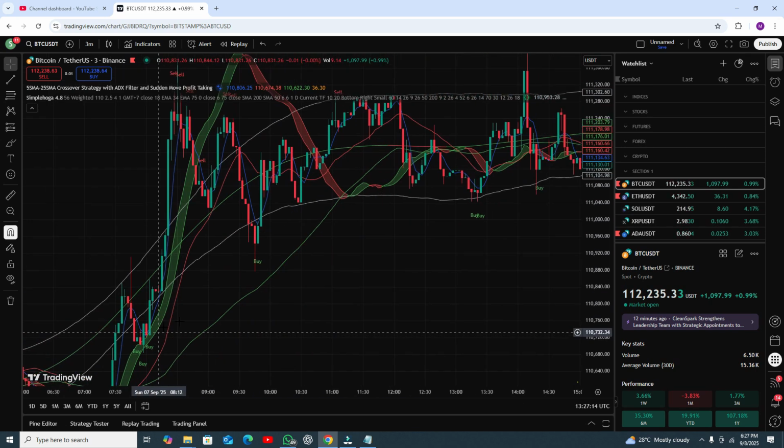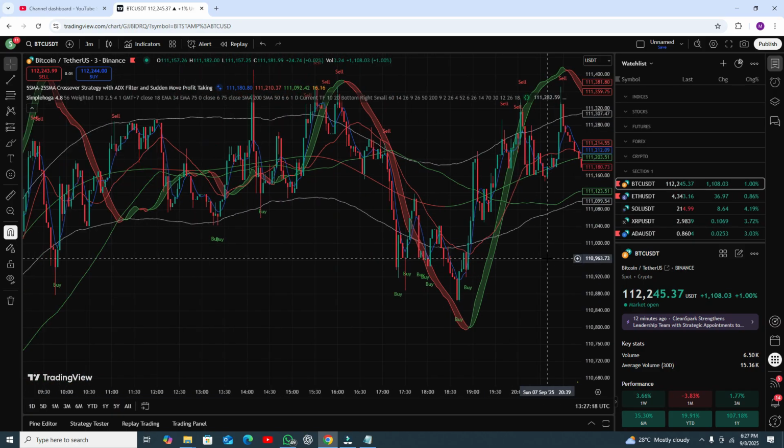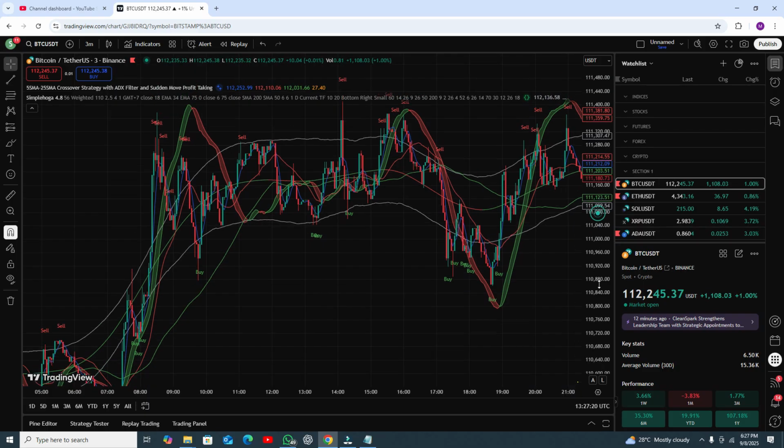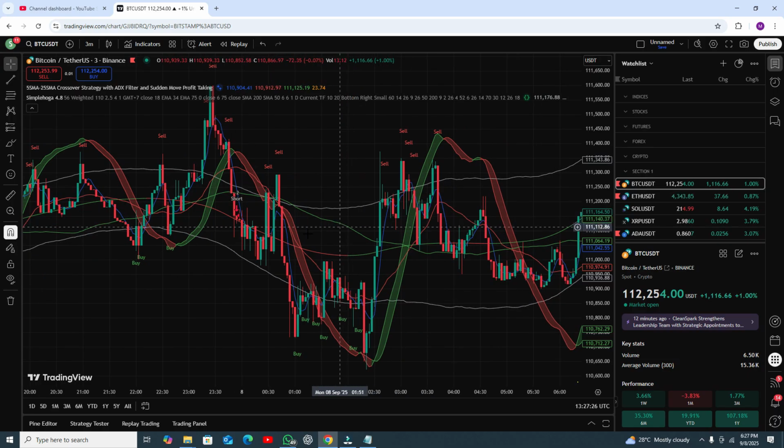Let me show you a short example, a sell example, where we got the sell position. Here you can see you got the sell position, and RSI is upside from the upper band line. You got the sell signal, so this is your perfect sell signal. You can open one more position here and take profit. You need to open one more sell position and take one more profit here.